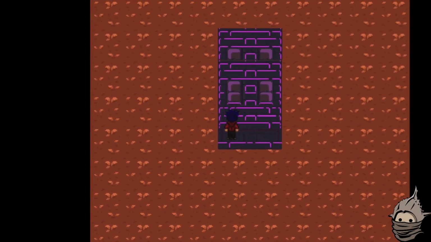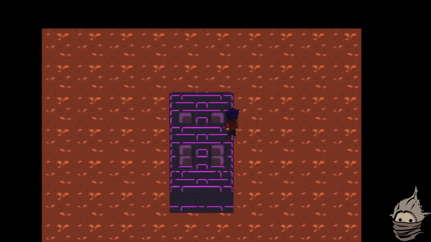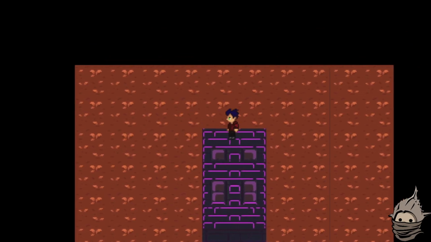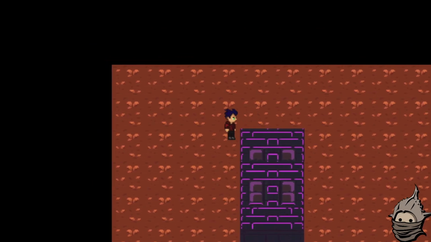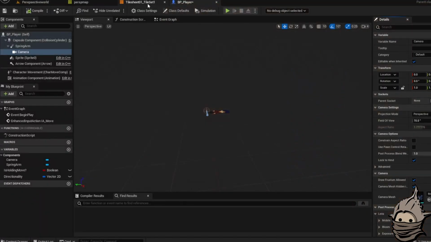This is pretty good. Alright, so as you can see, you're not stopping when you're running into this wall, and you're also not underneath it when you need to be underneath it. That is because the collision for the floor tile is too big. So what you can do